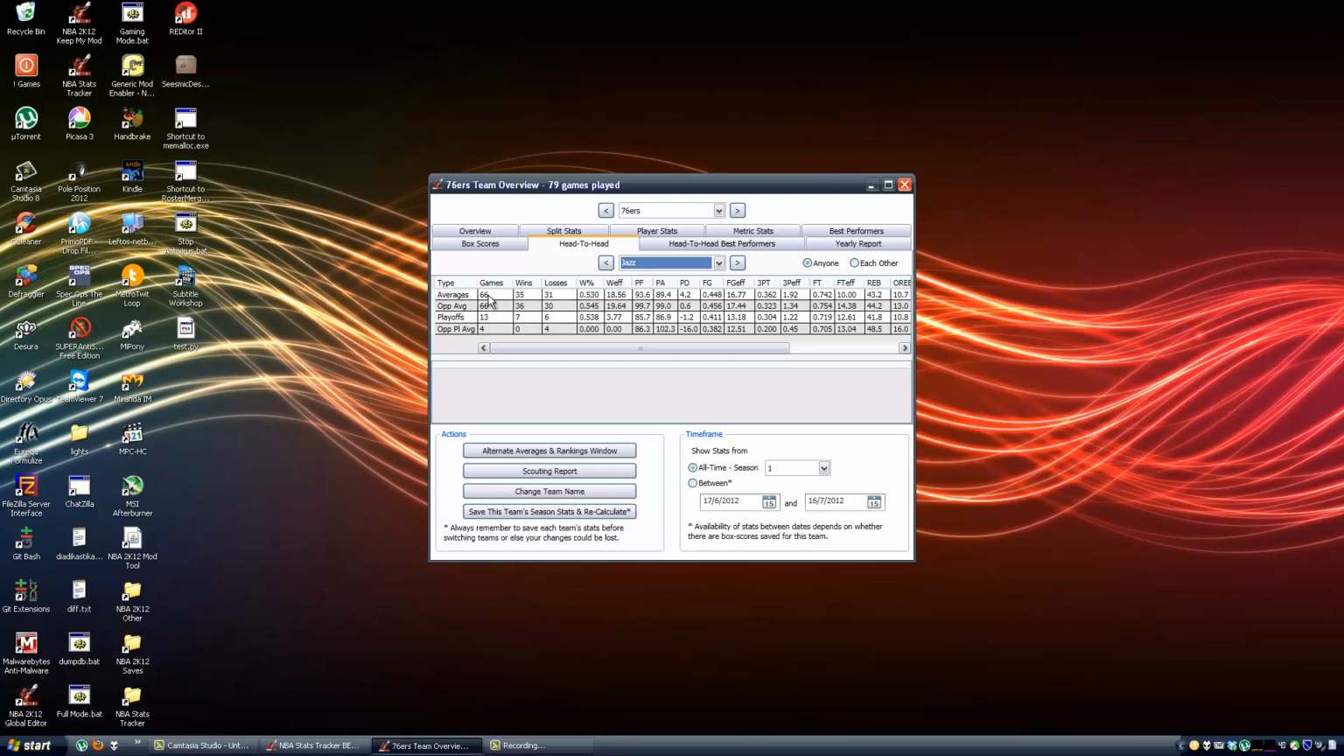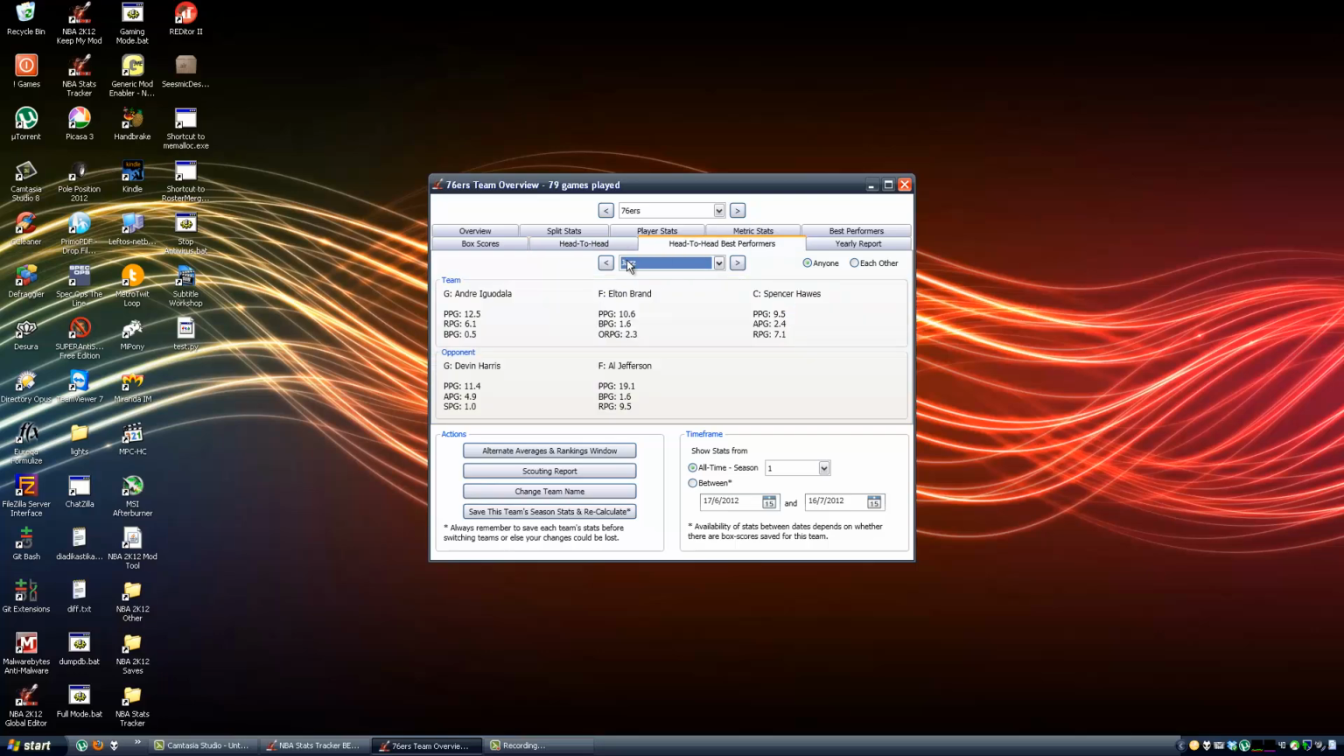As you can see here, we take into account all the 66 games of last year's regular season, but you can also only compare how they're doing to each other, which also of course requires box scores. Head-to-head best performers takes two teams and puts them against each other. It takes the best guard, the best forward, and the best center, and you can of course check out